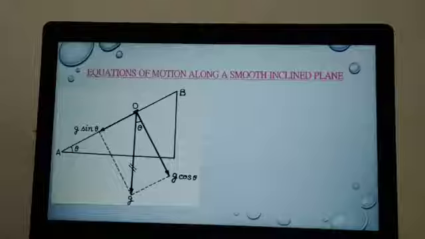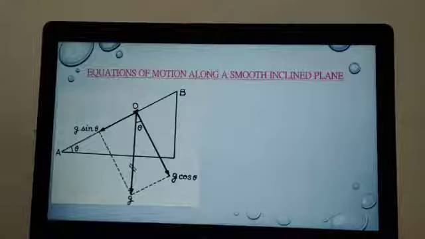See the diagram. AB is that inclined plane making an angle theta with the horizontal direction. That is, theta is the inclination. And see, O is the object and it is sliding down. And g is acting vertically downwards, which makes an angle theta perpendicular to the inclined plane, so that g can have two components. We will come to that when we are talking about the vectors. It will be more clear.